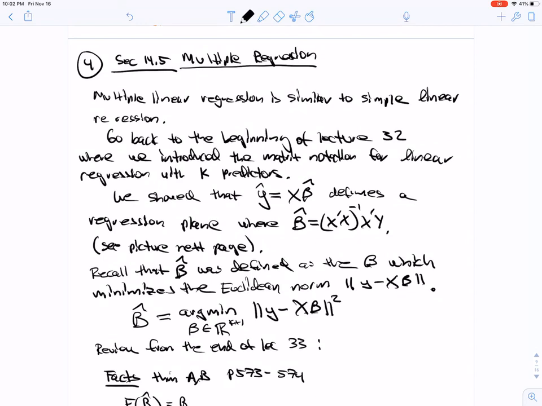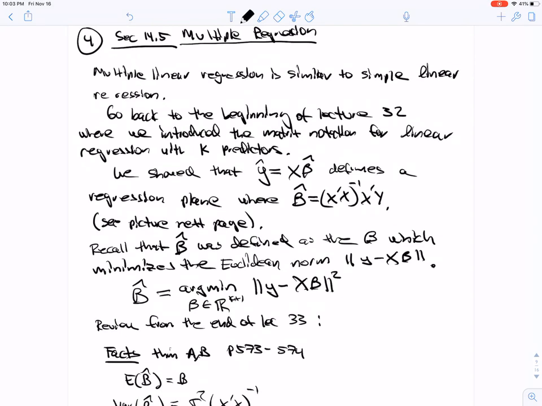So finally, multiple regression. Multiple regression is similar to simple linear regression. If you go back to the beginning of lecture 32, where we introduced